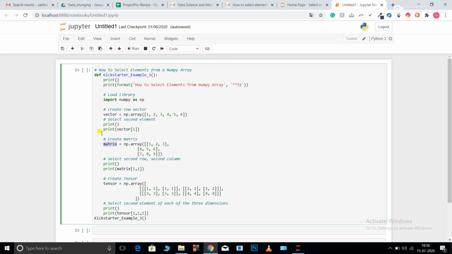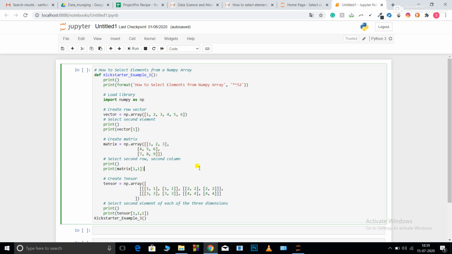Now let's try to understand the code. So, the vector numpy array. I have defined a numpy array and I have named it vector. If I want to select an element, as it is a 1D array, it's simple. This denotes 0, this is 1, this is 2 and so on. So if I write vector 1, that is the index 1, it will print 2 for me.